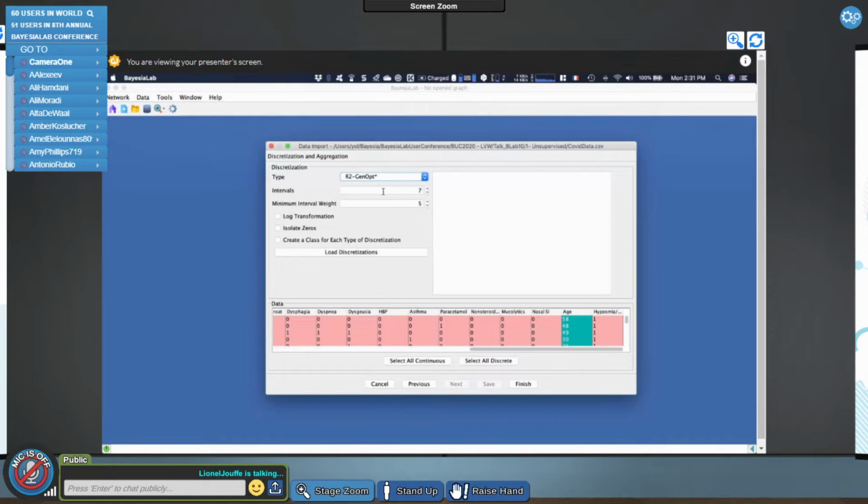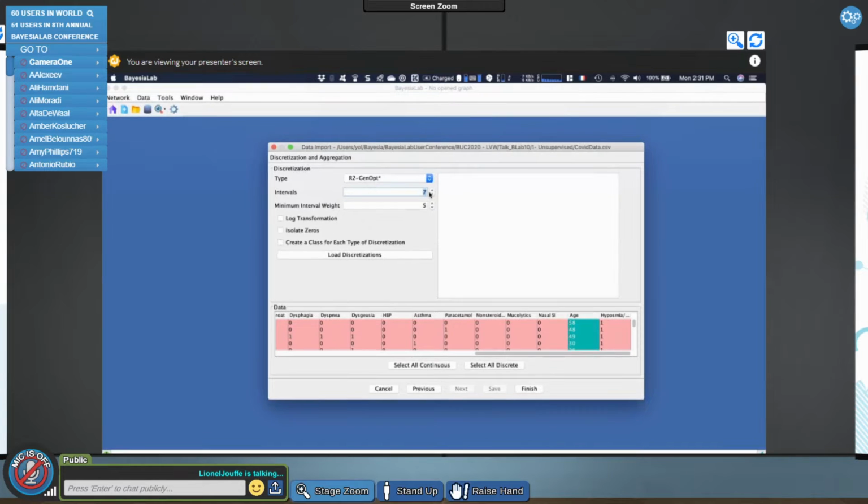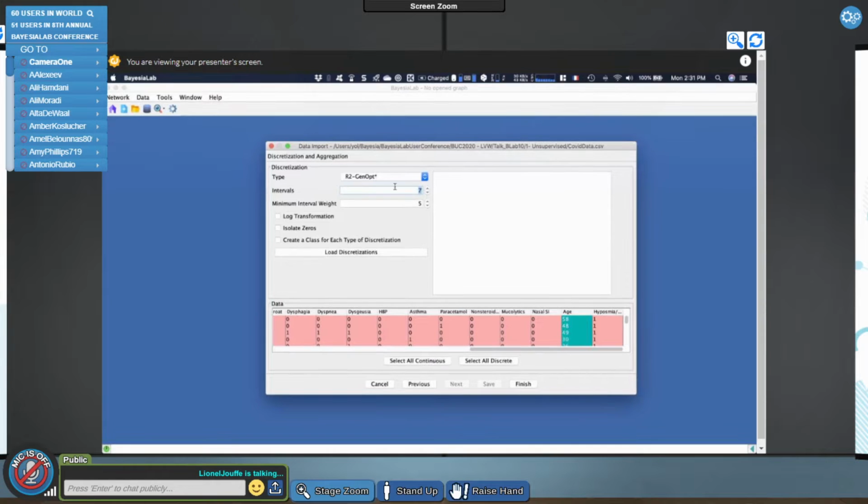This is first an R-squared GenUp algorithm, based on a genetic algorithm for maximizing the R-square between the discrete variable and the continuous values. And here we are using 7, so it's based on a heuristic. This is based on the fact that we have 6,000 observations. We can at least try to discretize it with 7 bins, but with the R-squared GenUp star, it will directly reduce it if necessary, given that it's based on a kind of MDL score.